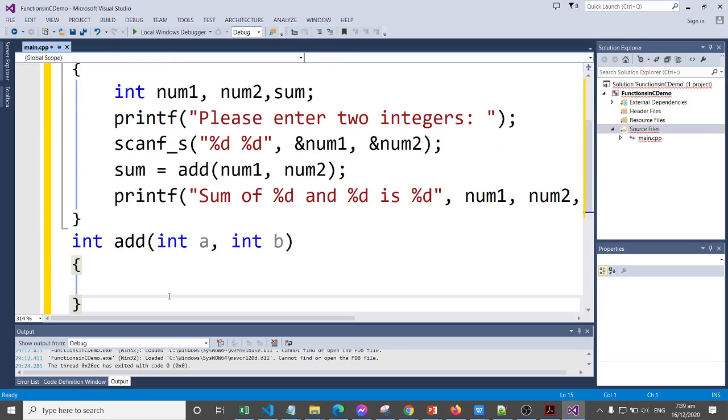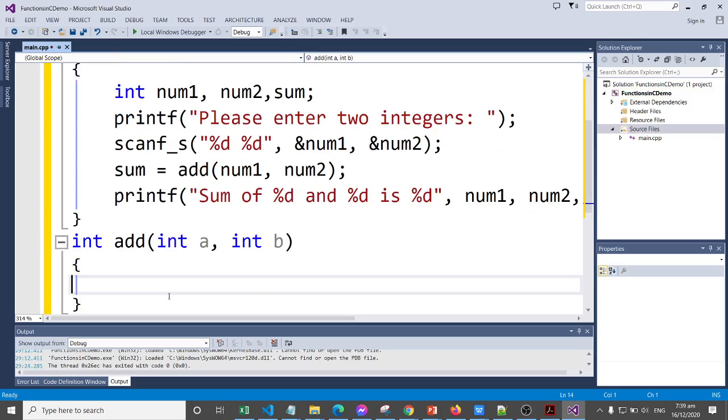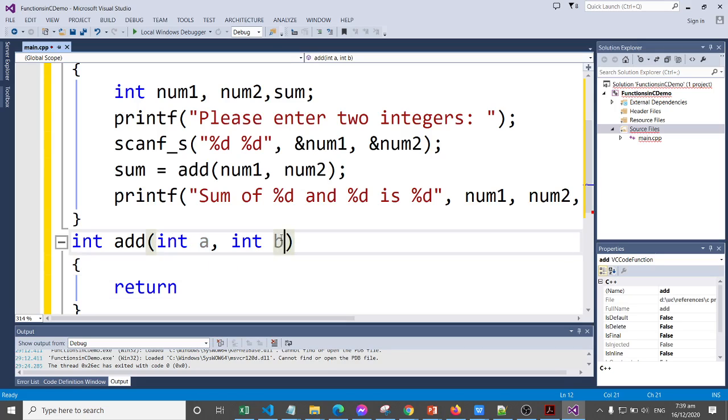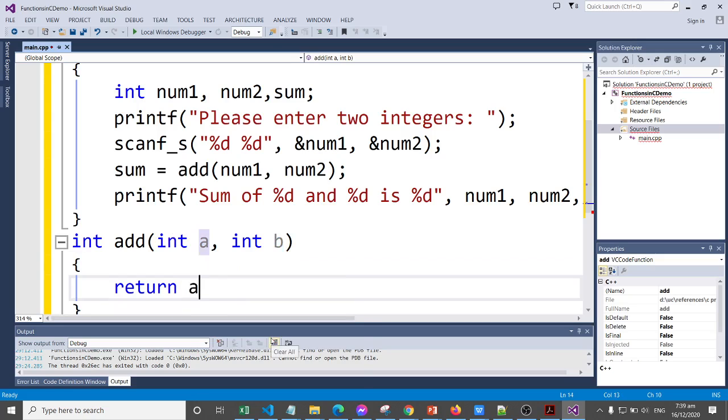Okay. Now, since we have our function return type of integer, we need to return a value of type integer. So what value are we going to return? The sum of a and b. So return a plus b.